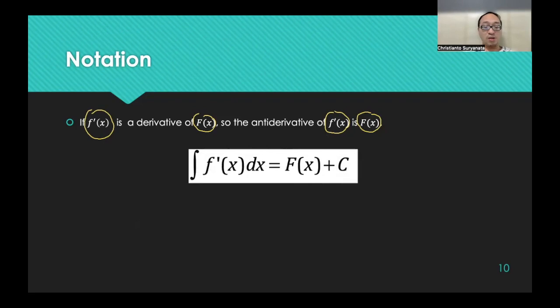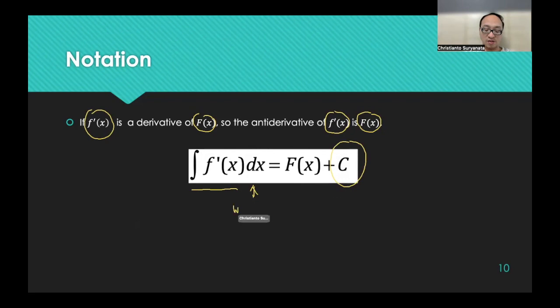And this is the symbol of the antiderivative. We call it the integral, the indefinite integral, because it will contain the constant c. So the antiderivative or the integral of f prime x dx